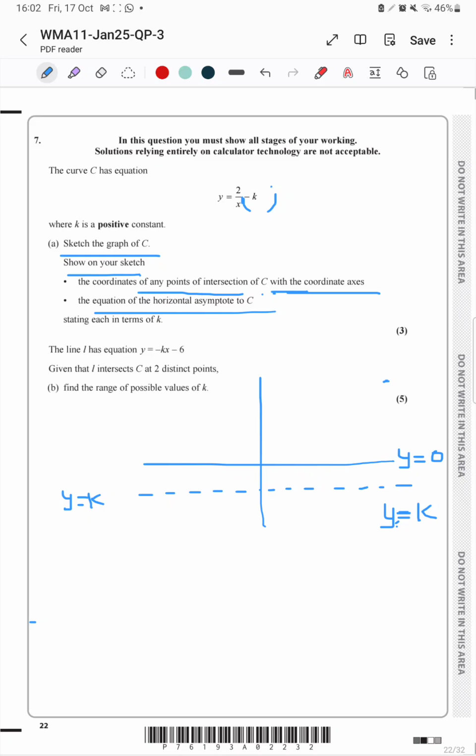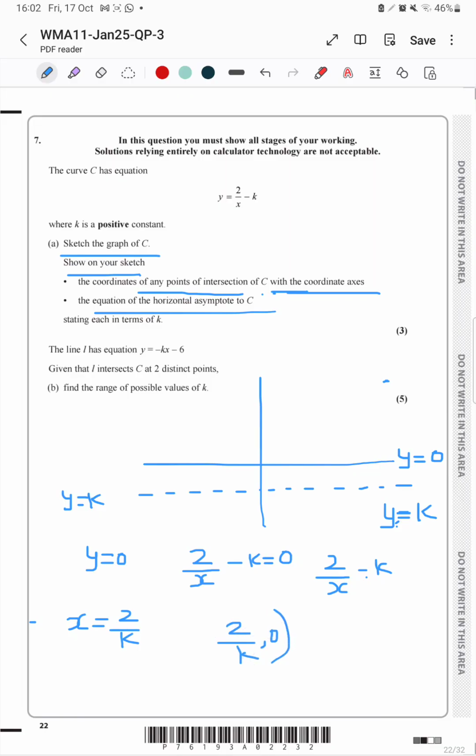Then the point of intersection. I cannot take x as 0 for sure because it will be undefined otherwise, so I can take y as 0 to find the point of intersection. So it will give me 2 by x minus k is equal to 0, or 2 by x is equal to k, or I can say x equal to 2 by k. So y is 0 and x is 2 by k, which is positive, so this number will be on the right side. So now if I consider all of these things,